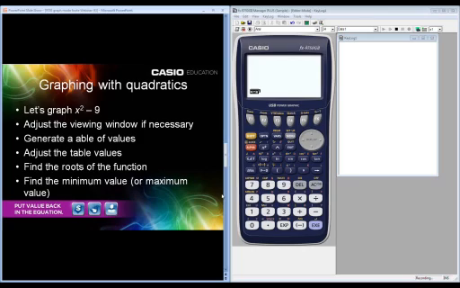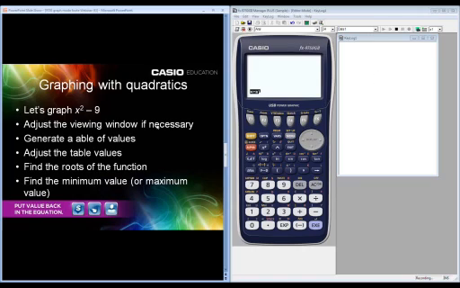So this is the emulator software. It basically is a computer-generated calculator that looks and acts just like a regular calculator. This screen on the side here is where we can actually record all of our keystrokes. So it's really helpful if you have kids that are absent, you're teaching them something on the calculator. You can send them this file, they can go back, they can watch it, they can actually see every keystroke that you took.